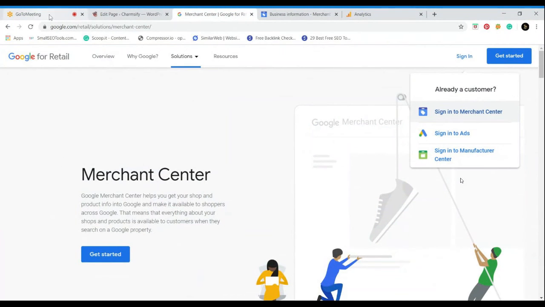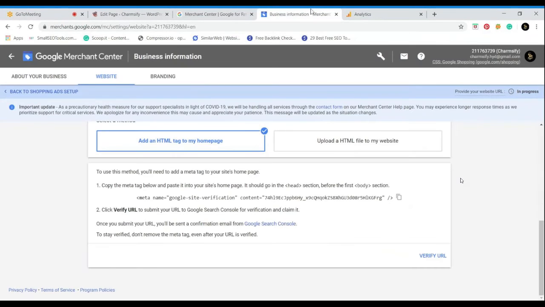Here, the fourth tab. Yeah, what it says: add an HTML tag to my home page. You have clicked on that. Now copy the meta tag and paste it in the header section.